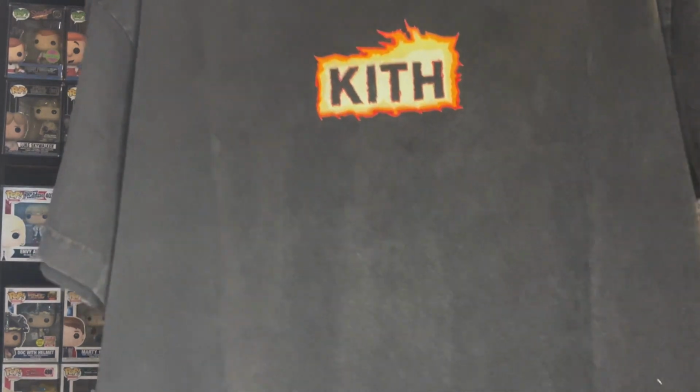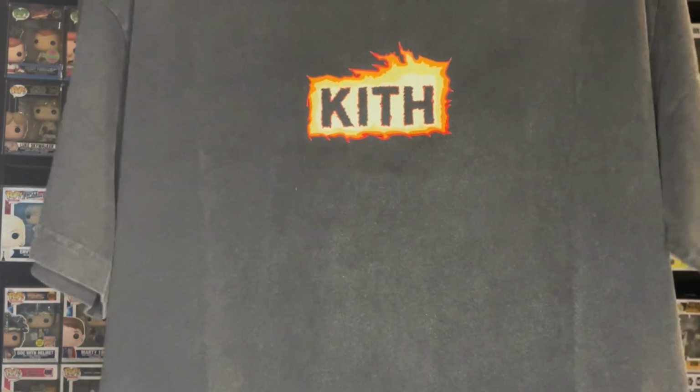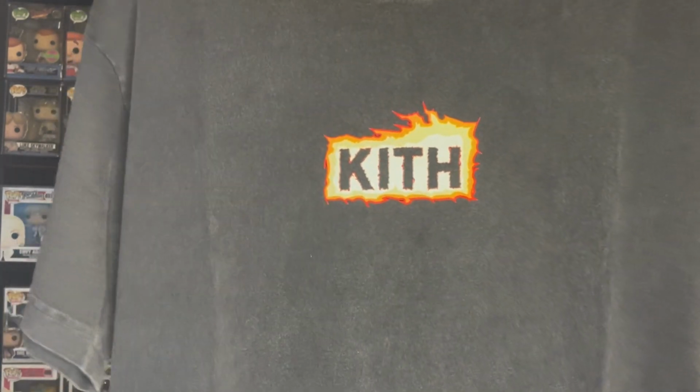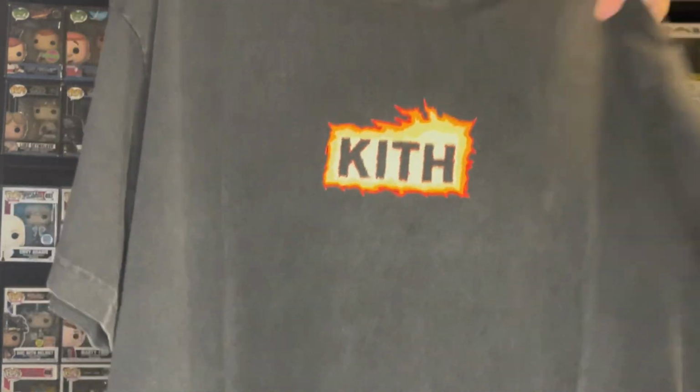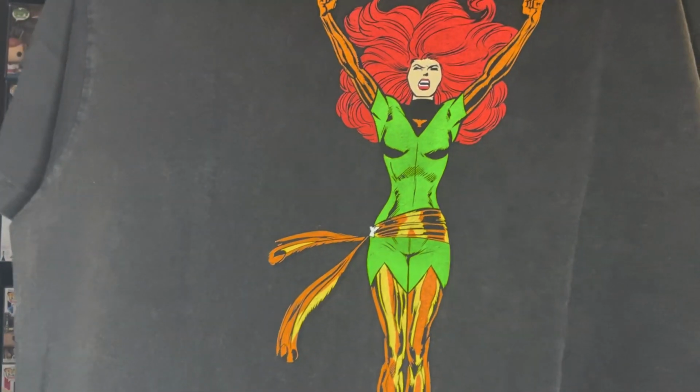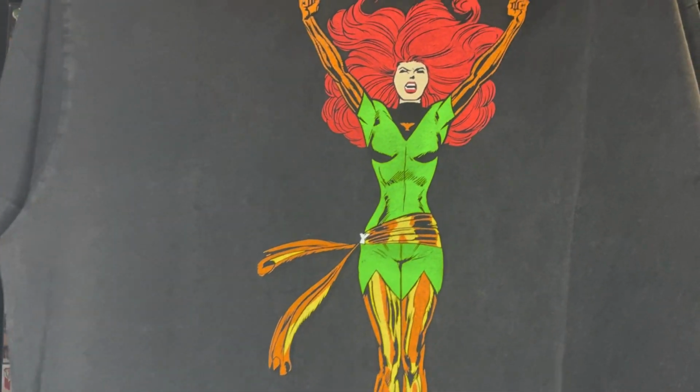Then we were also able to pick up another shirt for our friend, and that was the Phoenix Jean Grey Kith t-shirt. Again, this thing looks amazing. You have the orange red kind of fiery Kith logo on the front, and then on the back, there is Jean Grey Phoenix. She looks amazing. Then, of course, we also had to pick up some stuff for ourselves, and I did get